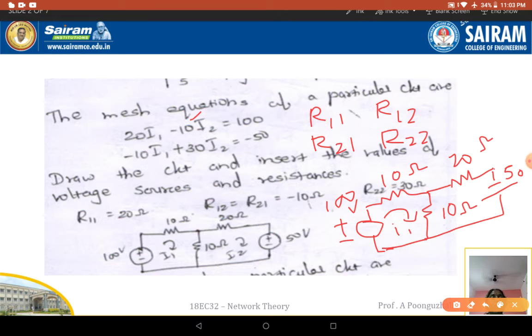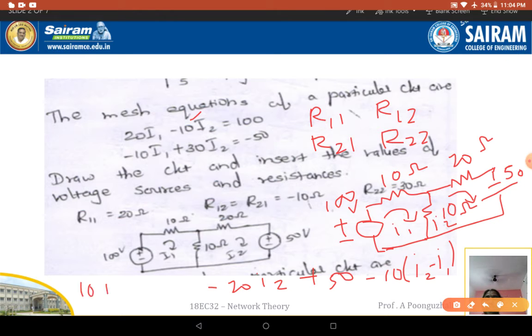When I have this 50 volts, the circuit looks like this. Suppose I mark it as wrong here, we will check whether what we have got is correct or not. If I start from this KVL equation, I assume this is your I2 current. Starting to write, it is going to be minus 20 I2, minus 2 plus is going to be plus 50. Here the current is entering like this. So minus 10 into I2 minus I1, which in this case gives plus 10 I1.